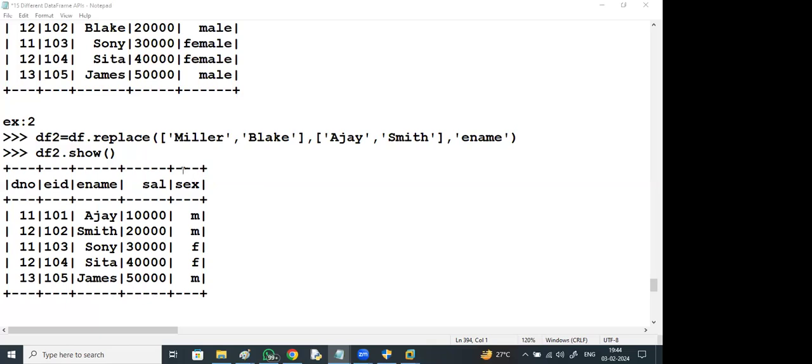Okay. Replace method, right? Replacing a name, right? And to change the schema, I want to change the column names.